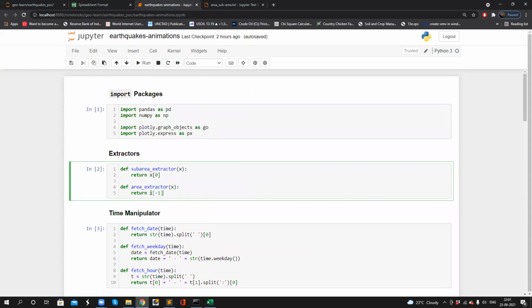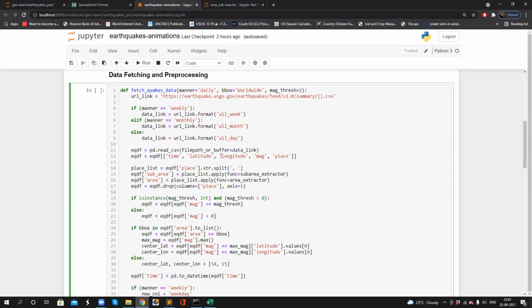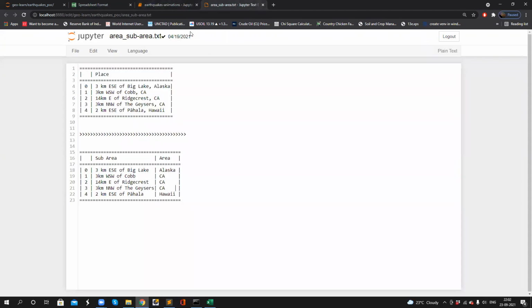That's why I have taken x of -1. I'm passing the function names here using the apply method. Later on, I'm dropping the column called place. Very simple. Now we got this.